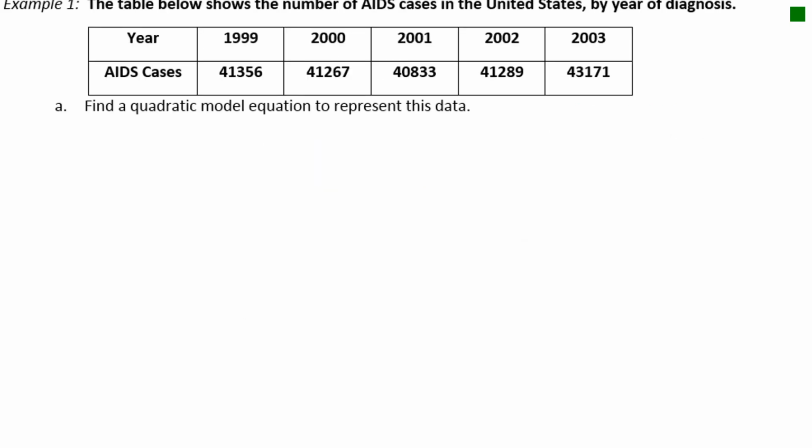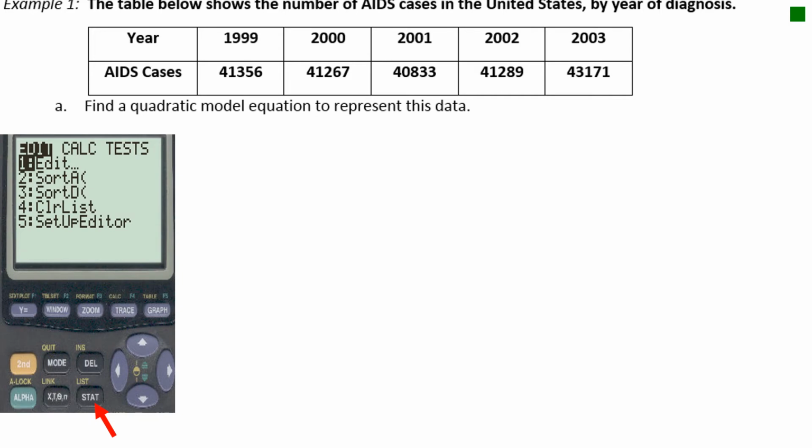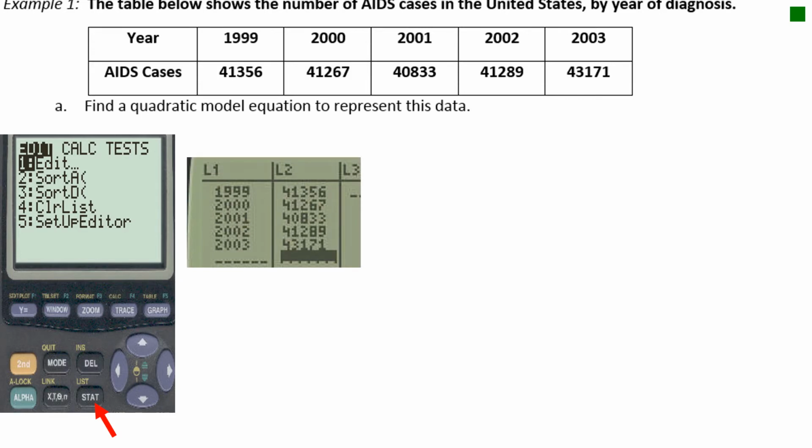So what we're going to do now, we're going to take this data, and this data is the AIDS cases that were reported in which particular years. We're telling you that it follows a quadratic model. That's very important. And what we're going to do is we're going to use our calculators, and we're going to click on the edit, the stat. You'll see that here at the bottom of the picture, but it's on your calculator next to the right and left keys. So you're going to hit stat, you're going to see edit, you'll hit it again, and you're going